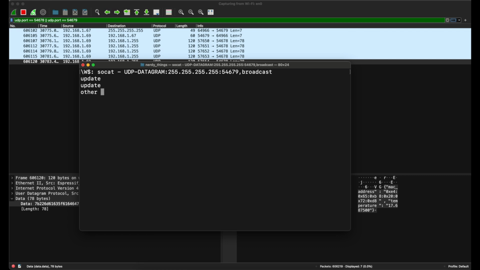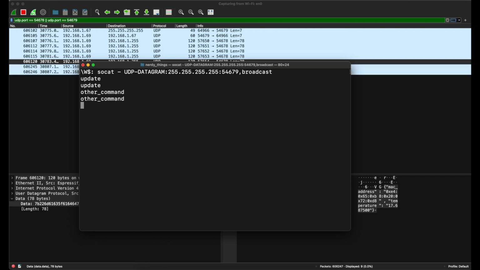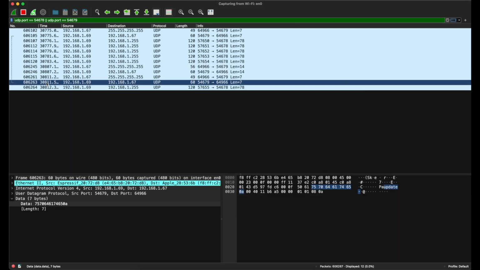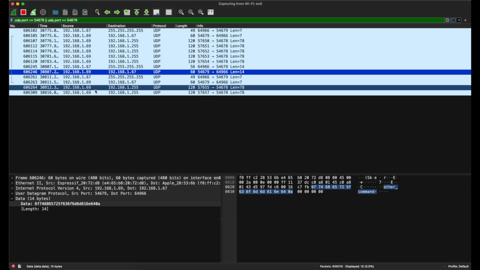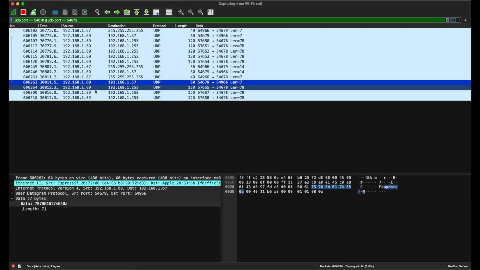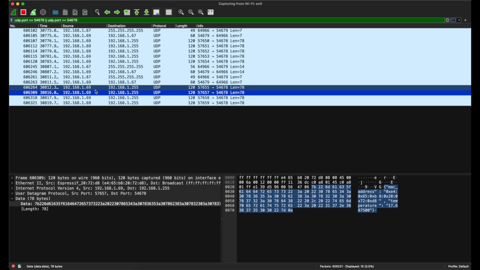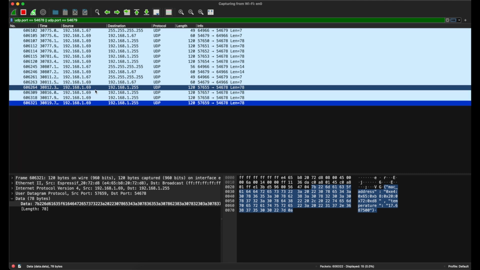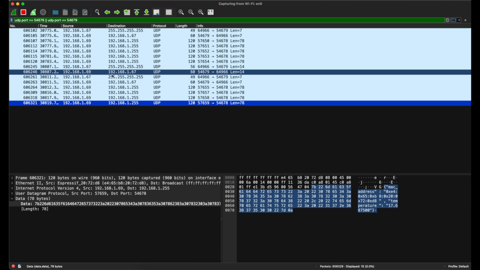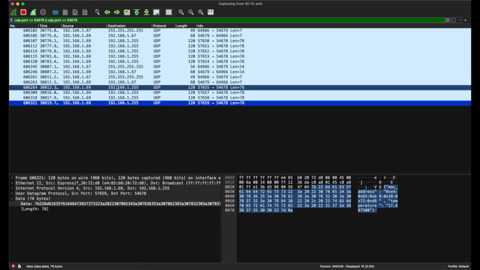Let's try again and send other commands. No, it doesn't work, we didn't receive any new messages. And if we send update, we can see that we received status from the ESP device. Now we confirmed that the ESP part works perfectly fine, so it's time to move on to Flutter and Flutter development